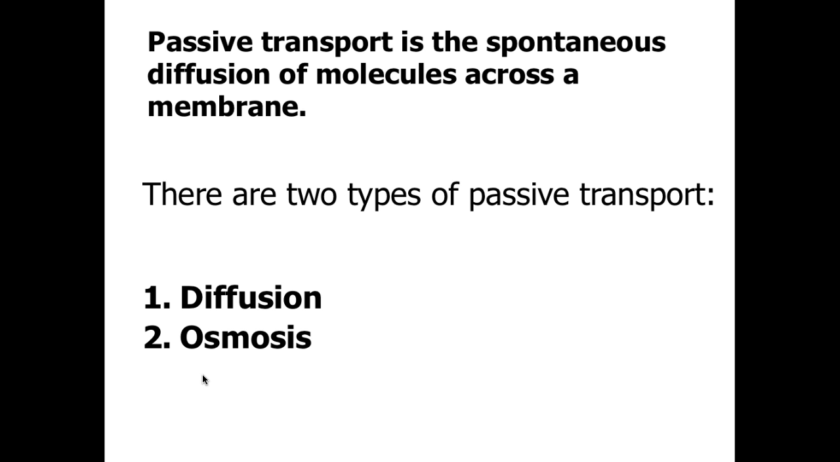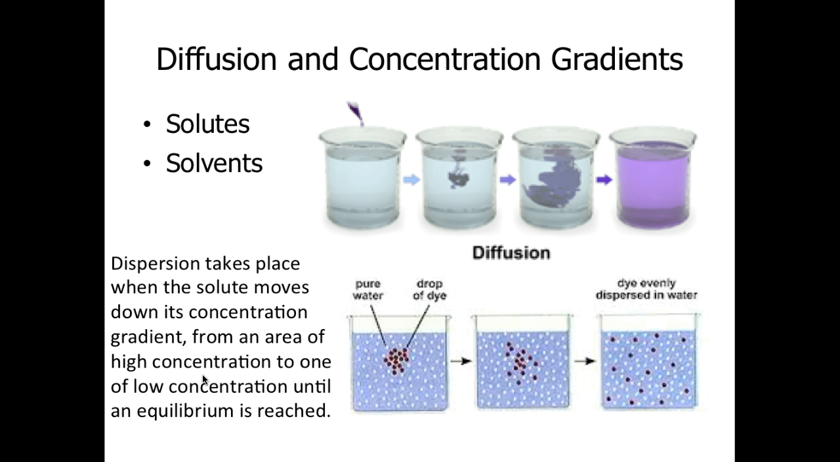So as we look at passive transport, there are two basic types, and that is diffusion and osmosis. Items moving down their concentration gradient, moving from an area of high concentration to low concentration, is going to dominate in these two. So if we look at diffusion,